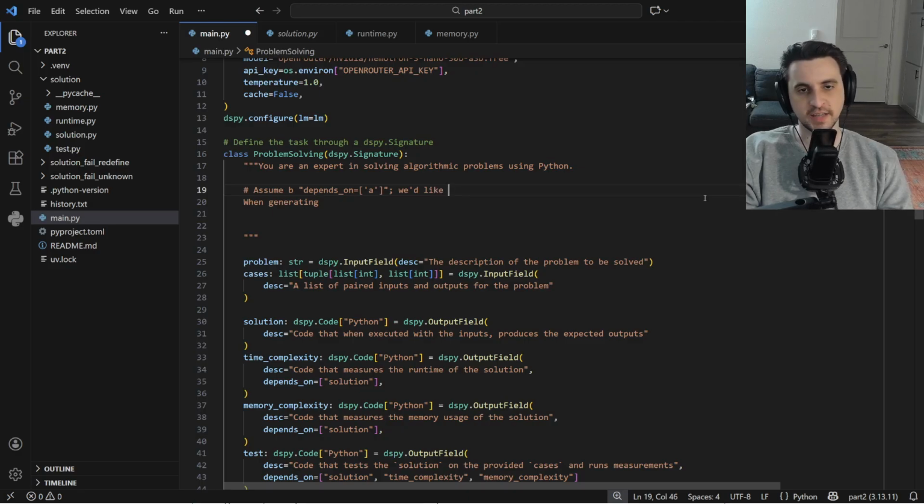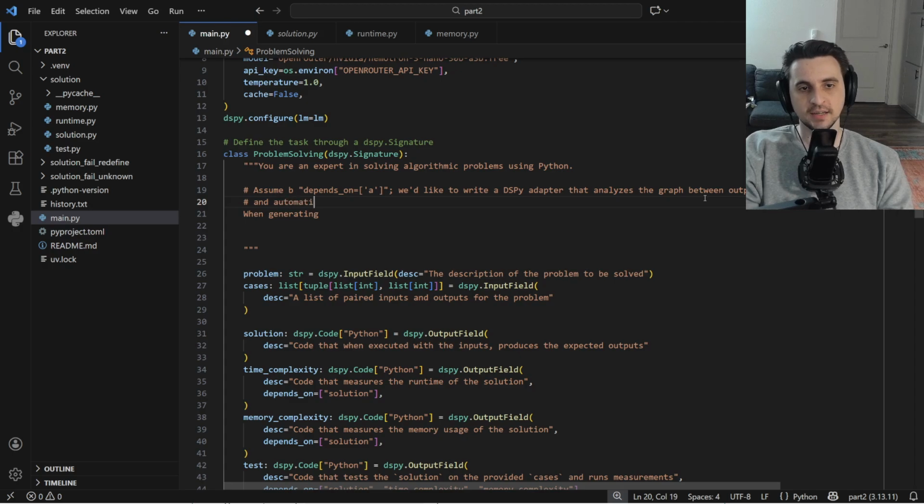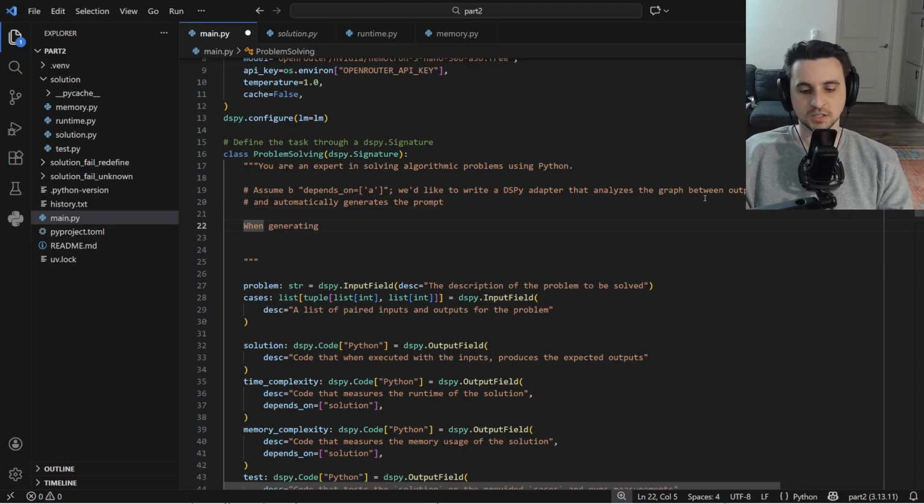DSPy calls these adapters, I think. We'd like to write a DSPy adapter that analyzes the graph between outputs and automatically generates the prompt like this. So the prompt should read, when generating B, reuse the code from A